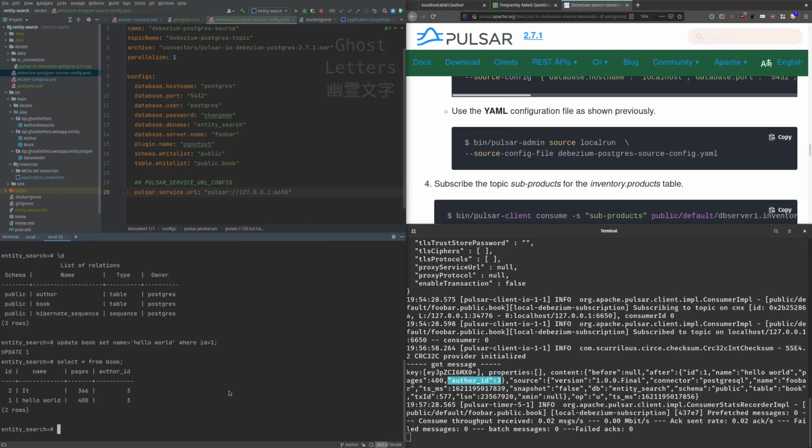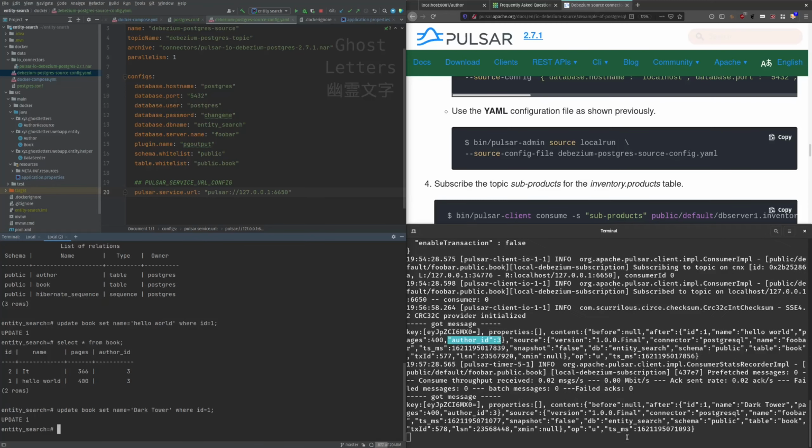So I can change it back basically. I think it was Dark Tower before. And again, we see it instantly updates, and here it has the new name. So this before null